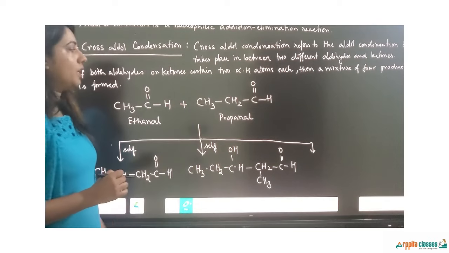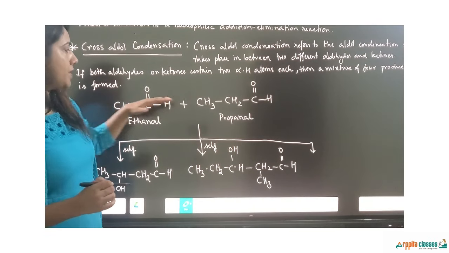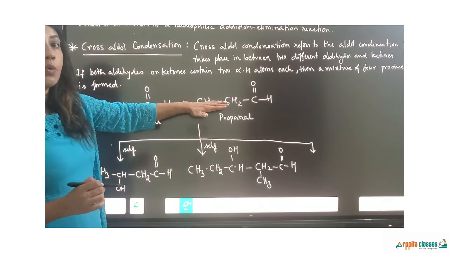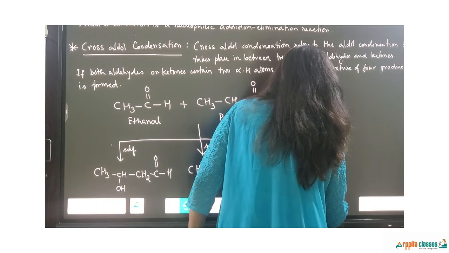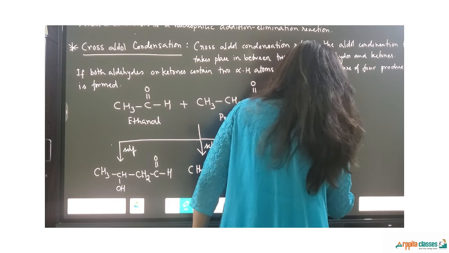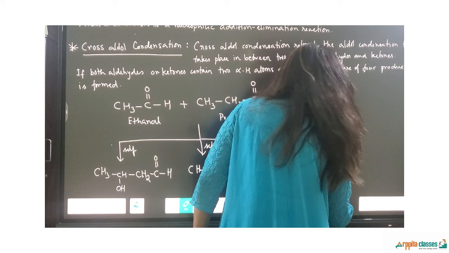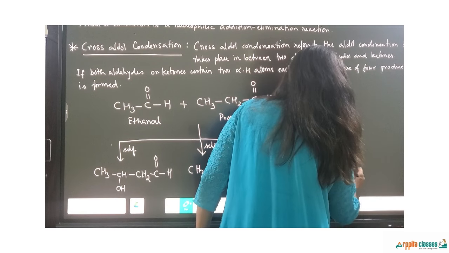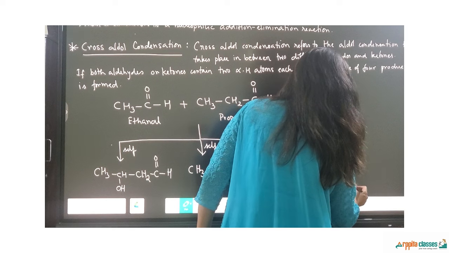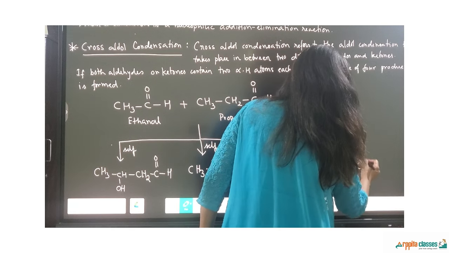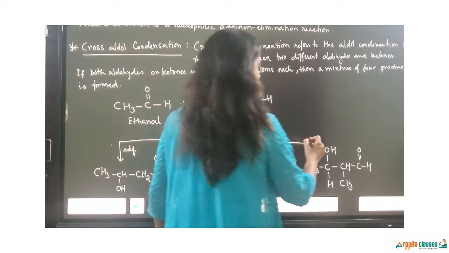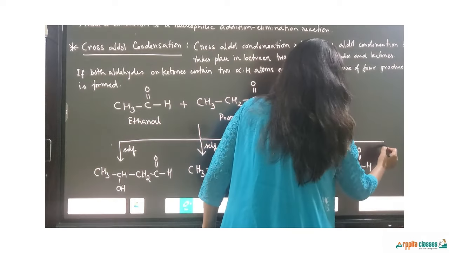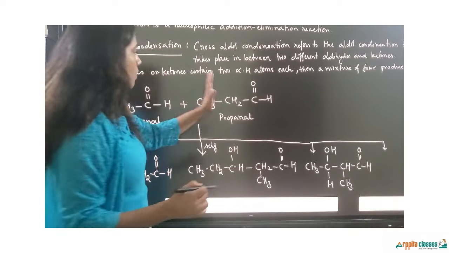Now the cross product, where this molecule is getting attached to this. This is acting as a nucleophile and getting attached to this. So what will be the product? CH3CH(OH)CH(CH3)CHO. This is a crossed aldol condensation, and the last product will be, but this molecule will get attached to